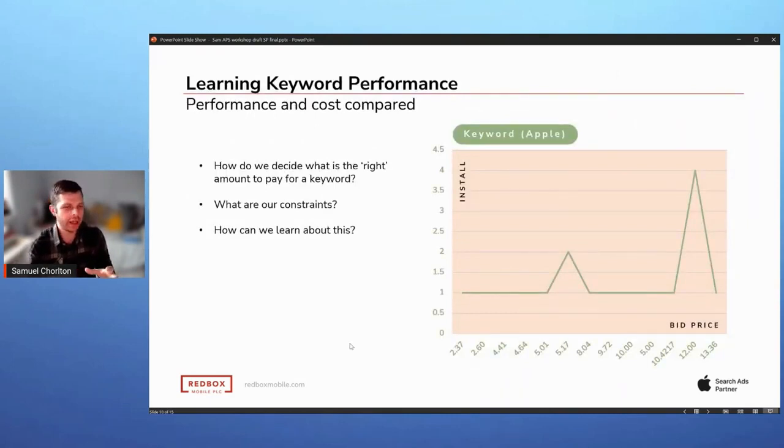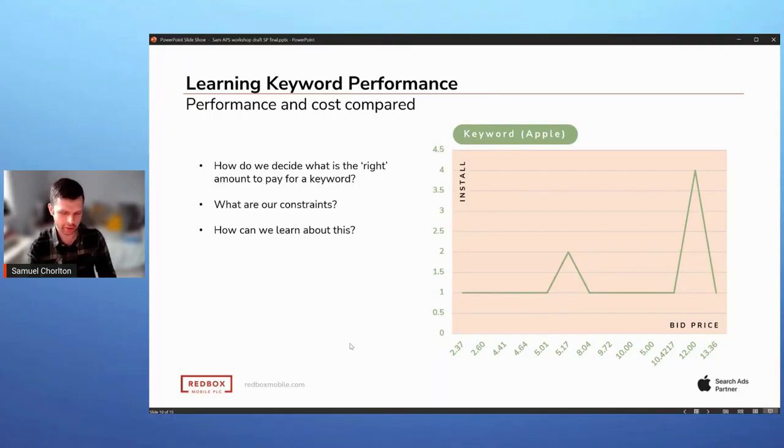So let's say we have a keyword now that we want to bid for. Let's just use the keyword Apple as an example here. We then need to work out how much do we pay for that and how much can we get away with paying for it with respect to the budget that we might be looking to spend. That's not an easy task.